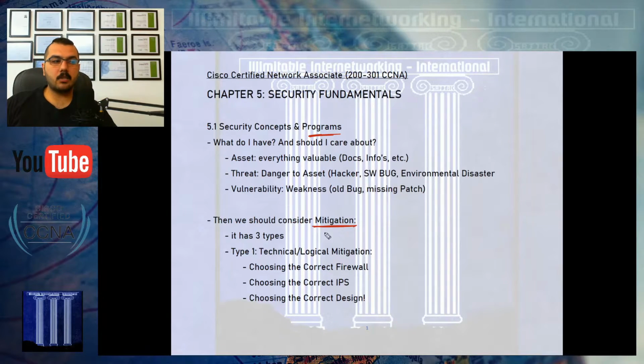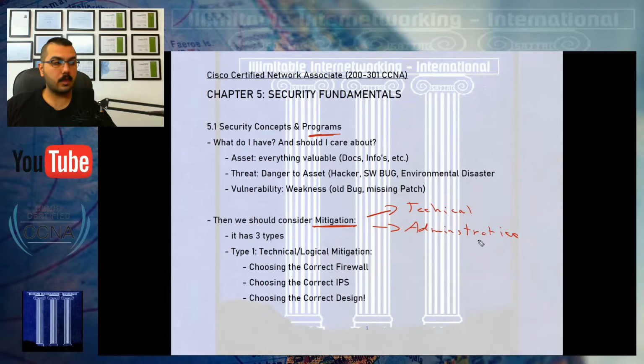So mitigations are the solutions that we will follow. Mitigation in security in the CCNA exam can be applied under three categories, three types of categories. Okay, the first one will be the technical solutions that I can apply to my network. The other type will be so called administrative, which will be applied only by the